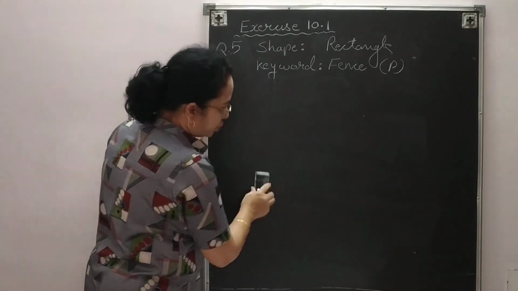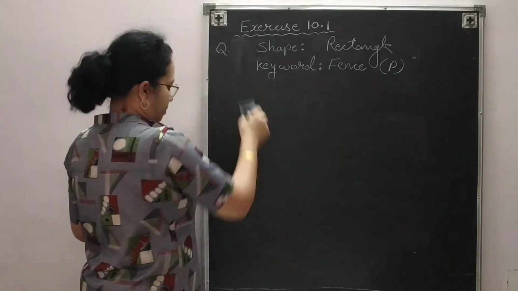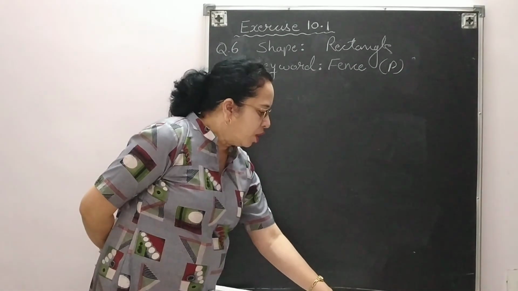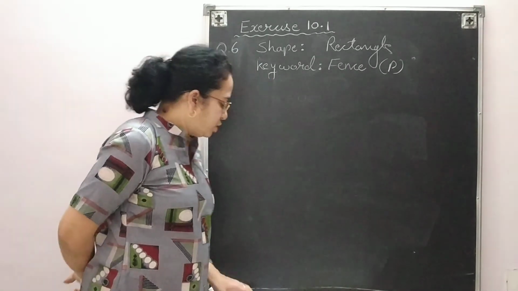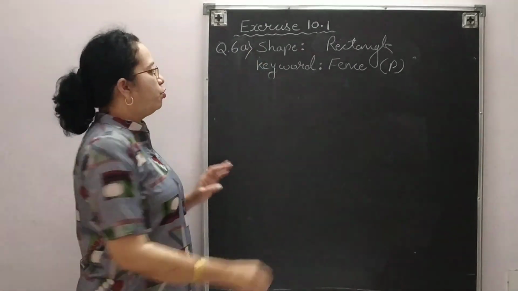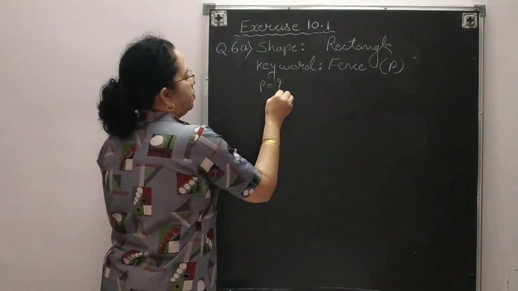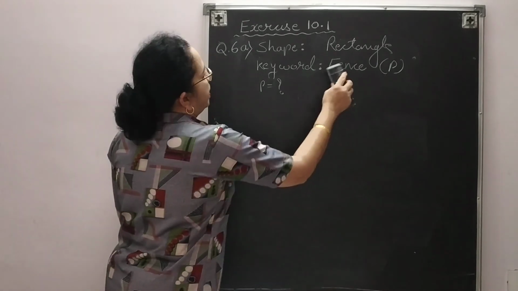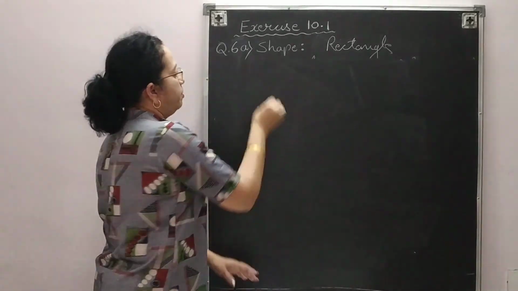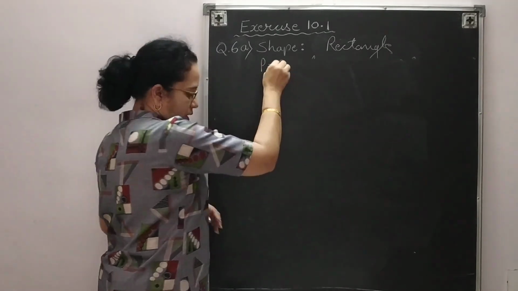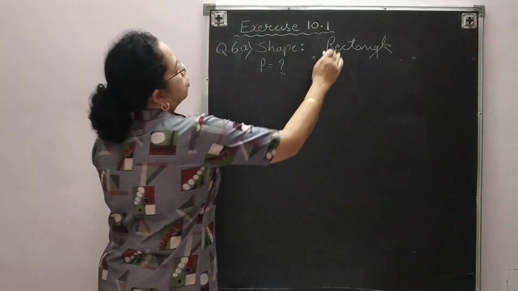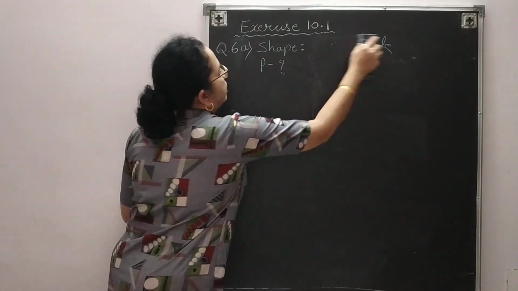Now my next question is question number 6. Let us see what is given in question number 6. Find the perimeter of each of the following shapes. Okay. So for each shape you need to find out the perimeter. So perimeter is the question mark. And keyword is not given because already here it is given, find perimeter. Okay. So the first one here it is given a triangle. So first one your shape is triangle.